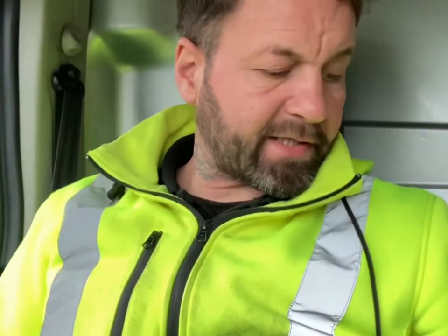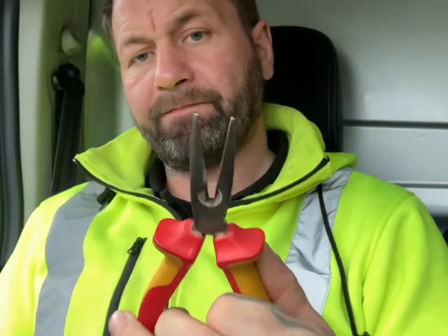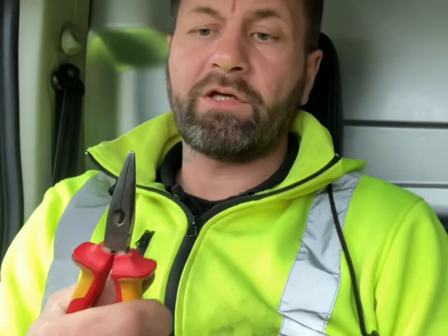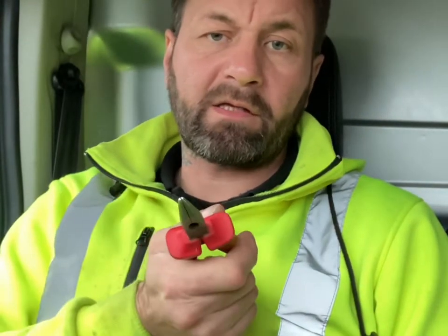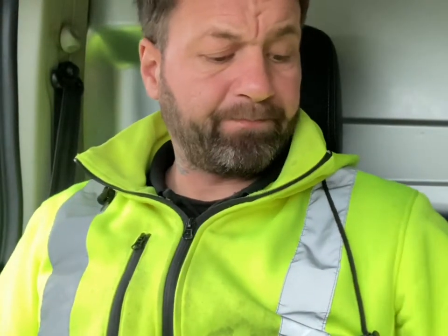Alright, the second one on my list, I have my insulated long nose pliers, which I find very useful. You can use them for pulling a cable through a hole that you've made. You just see the edge of it inside there and you can't get your fingers in to get it, so I just put my long nose pliers in. The main reason I use these is for doubling over the inner cores of cables, making them nice and neat, especially in double sockets and other terminations, lighting terminations, all terminations,